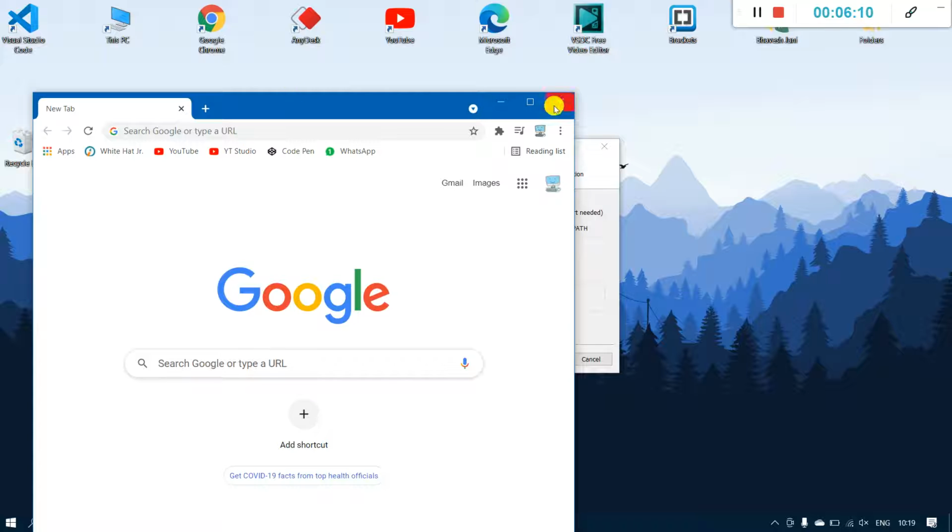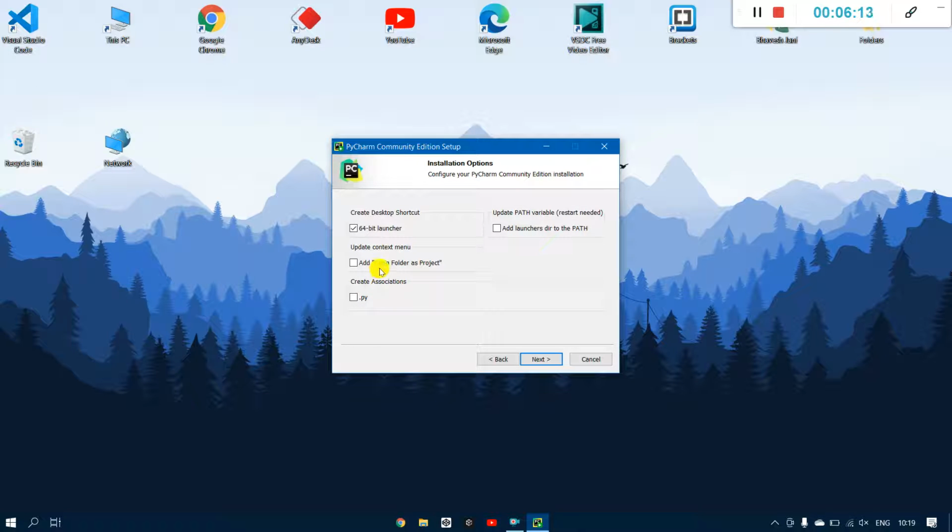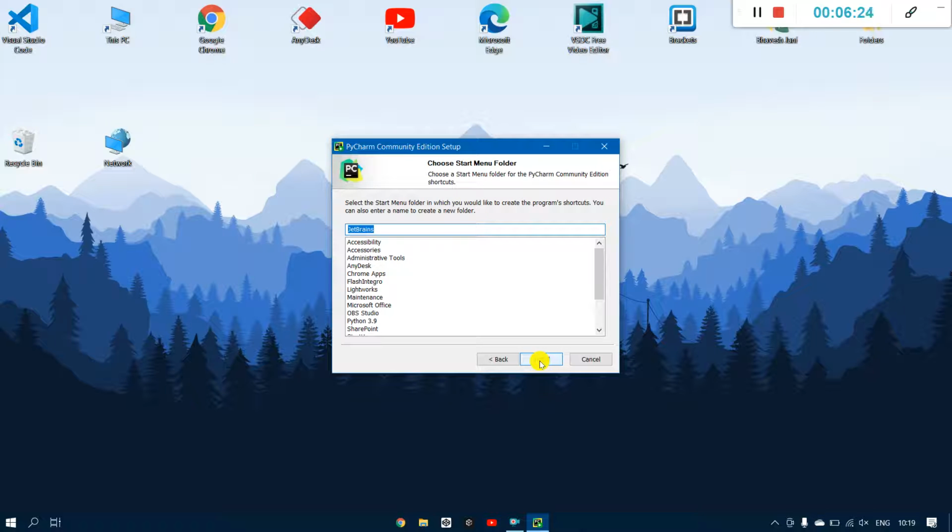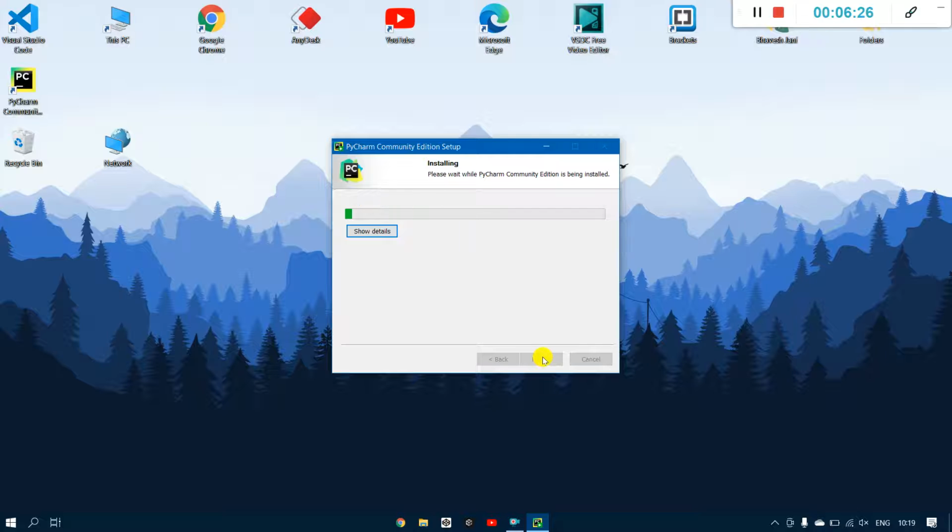So 1 second, I'll close the Chrome. Yes. So add open this project. I will simply click on it, and if you want to add to path, you can do it. I don't want that, so you can choose, then you have to simply install it. It may take some time. If your computer is slow, then don't worry, it will not lag very much. It may take some minutes, but don't worry, this is the best if you want to write Python files,